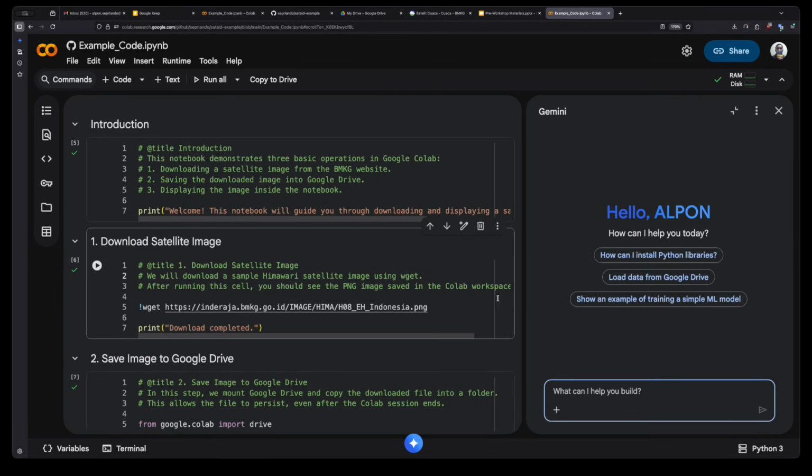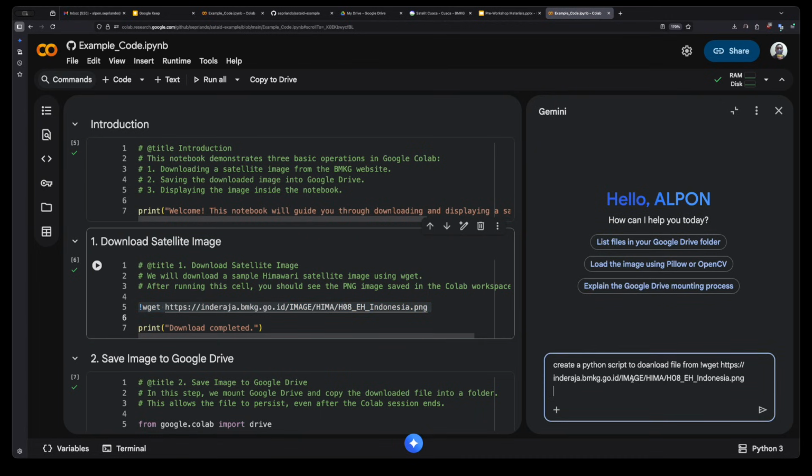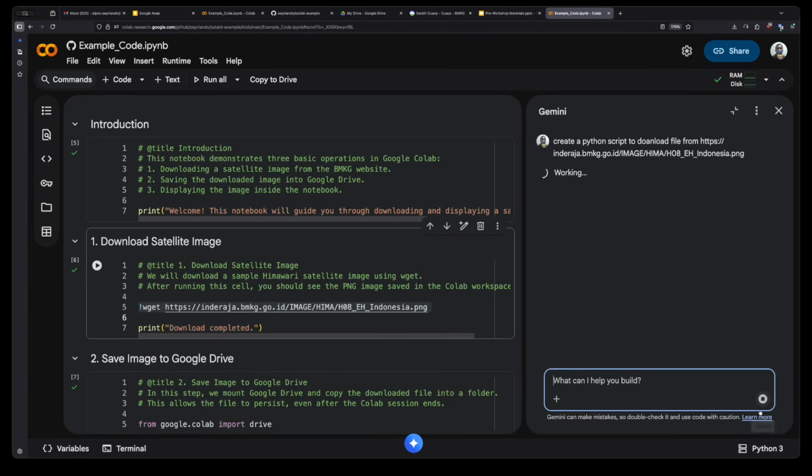For example, you can ask the AI: create a Python script to download a file from, okay, I'm using this URL, and run the script.